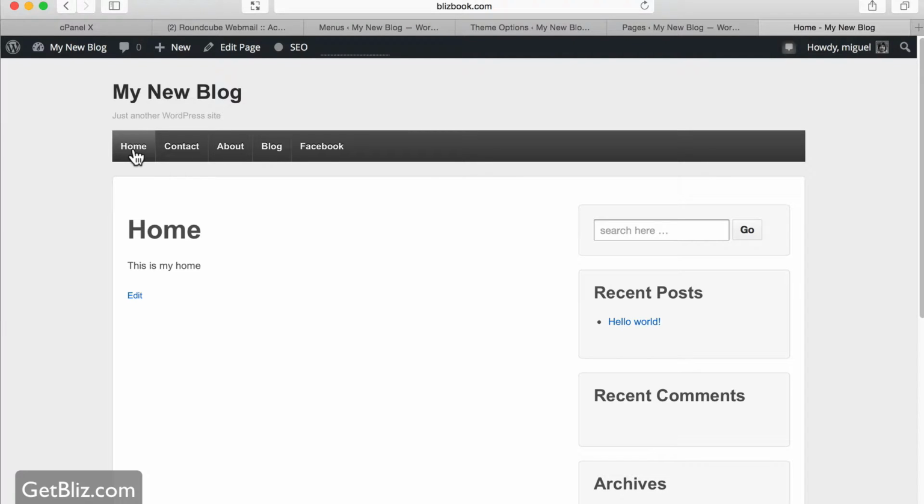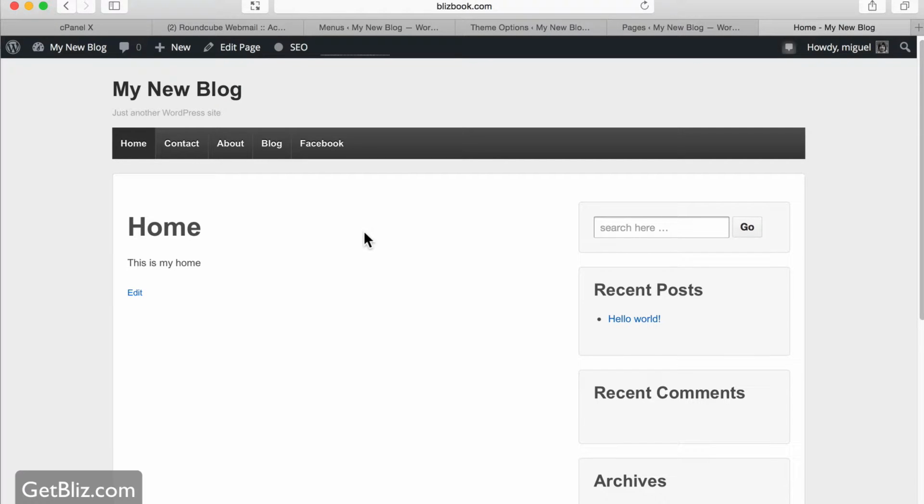Now there's something interesting. The home page doesn't look the way I want. It's not the default home page that comes with this theme. Sometimes themes come already with their front pages, or also known as home pages. In this case, it does. So what I have to do for this specific theme, it may be different on your theme, is go to